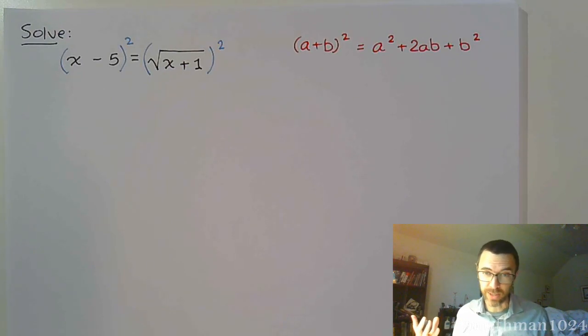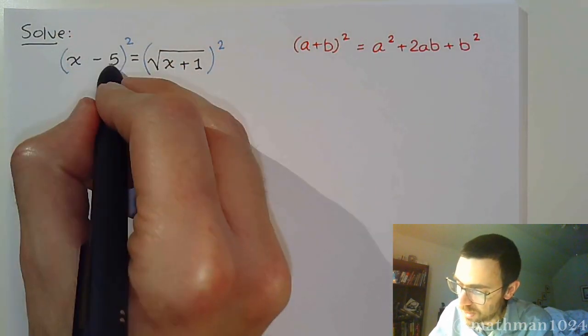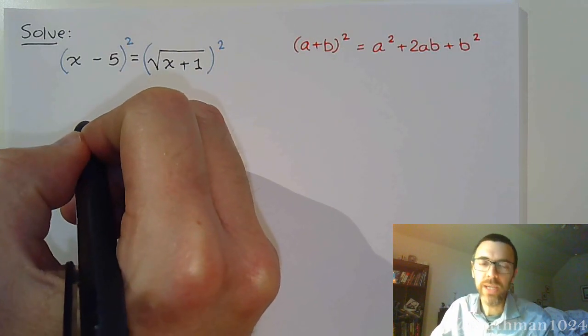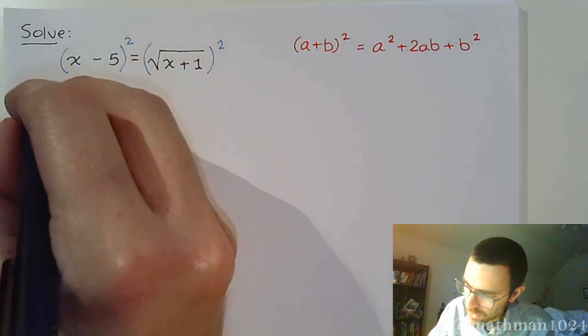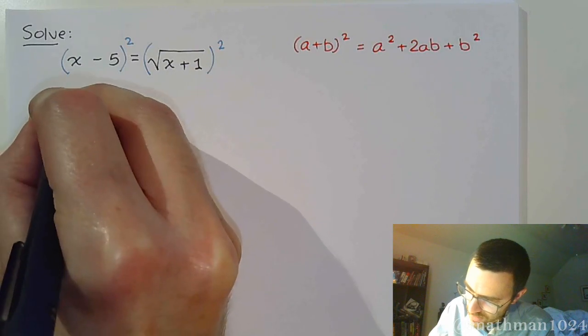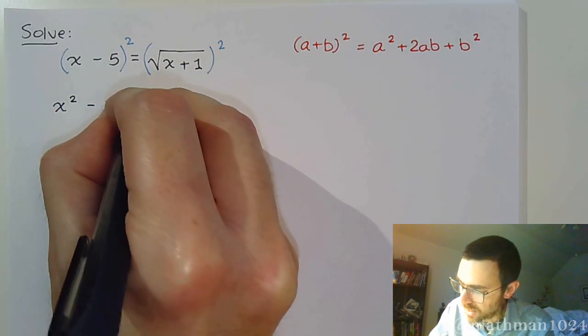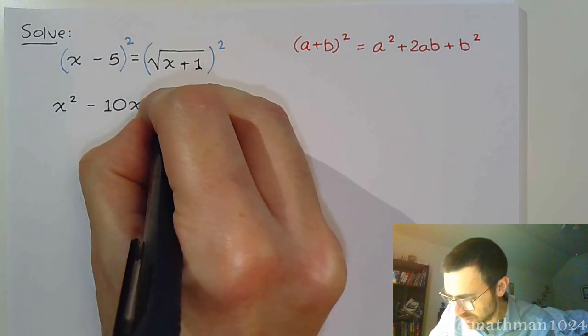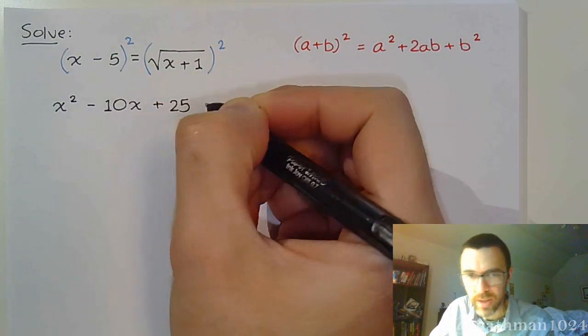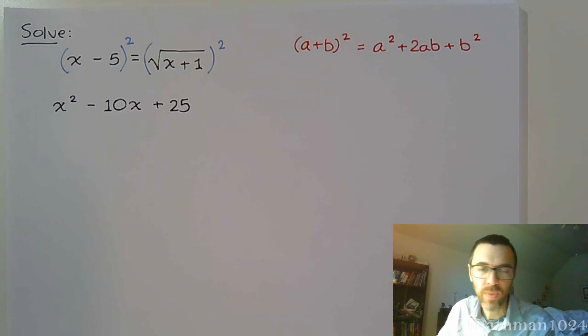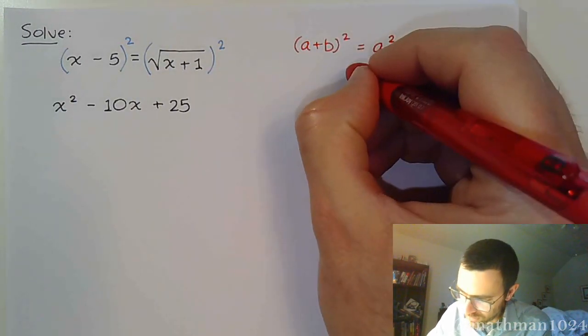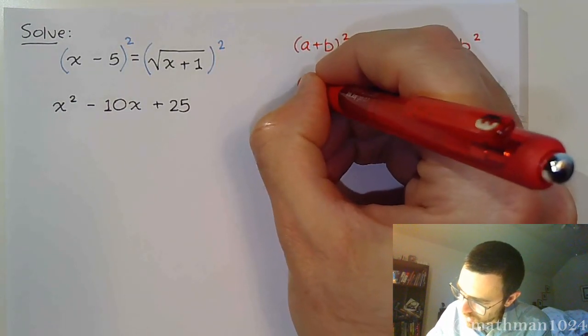But I'm going to use my special product. Because see, this is my a and that's my b. It's almost like completing the square going backwards. So when I square this, I get x squared minus 10x plus 25. Okay? And again, if you don't like this, you could take